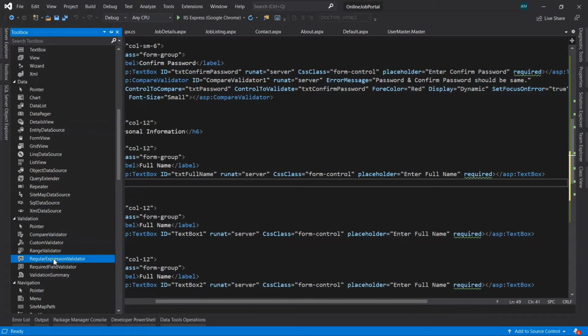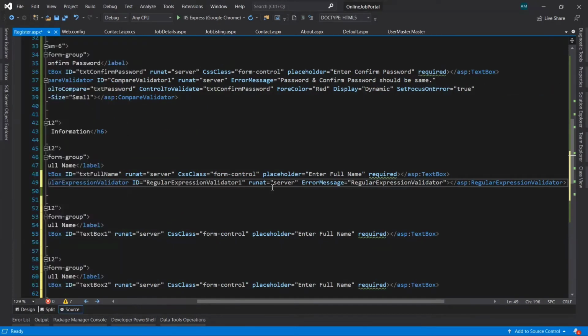Regular expression validator. Okay, so let's change the error message first. Name must be in characters.